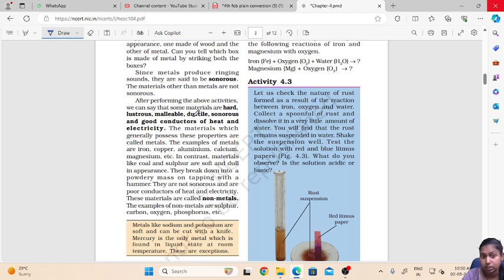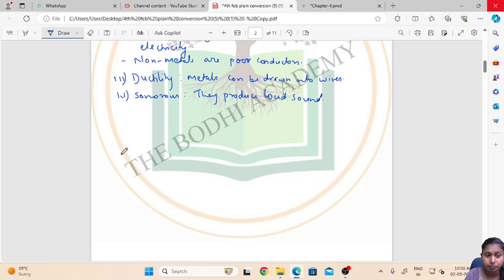So on the basis of these properties, we can say that the material which is hard, lustrous, malleable, ductile, sonorous and good conductors of heat and electricity are called metals. So what are metals? Metals are those materials which are hard,